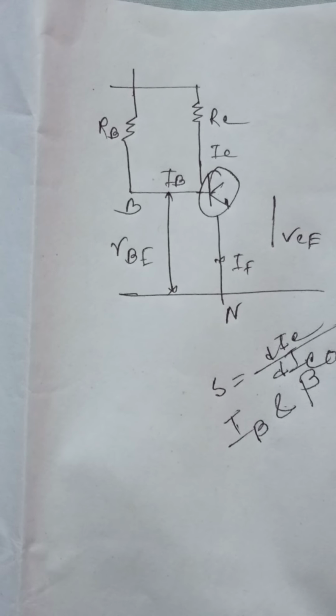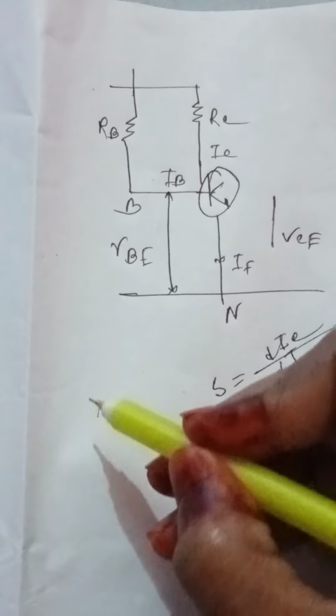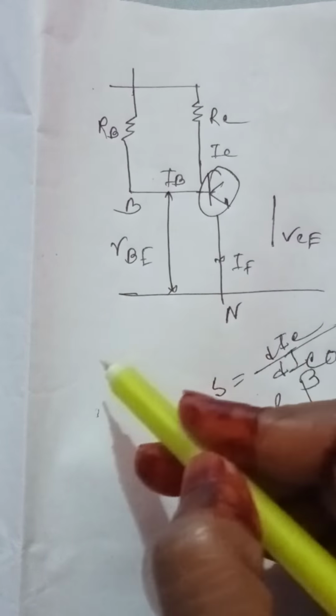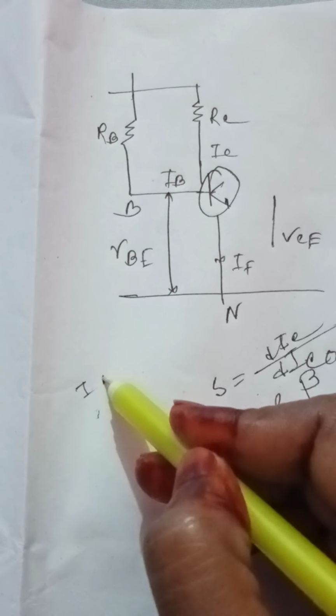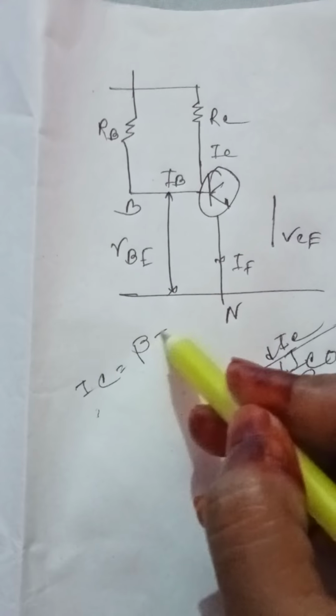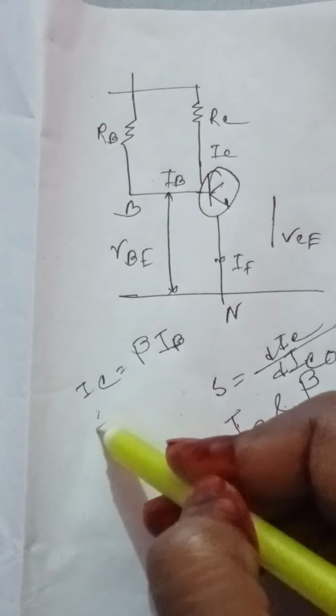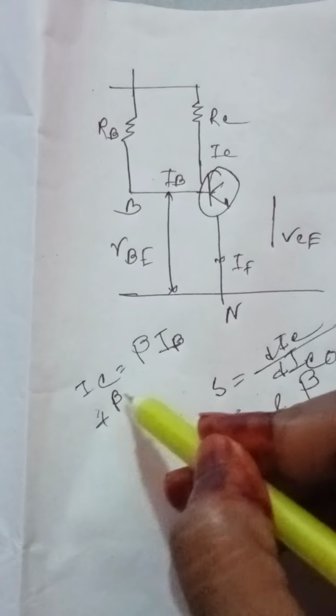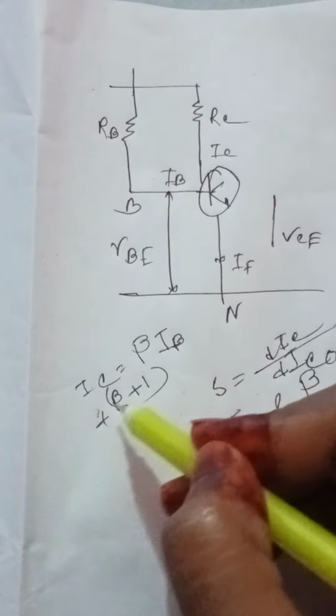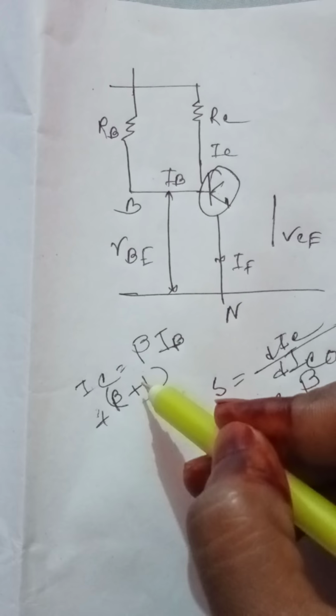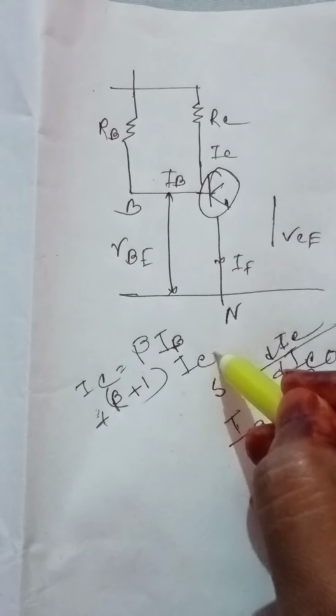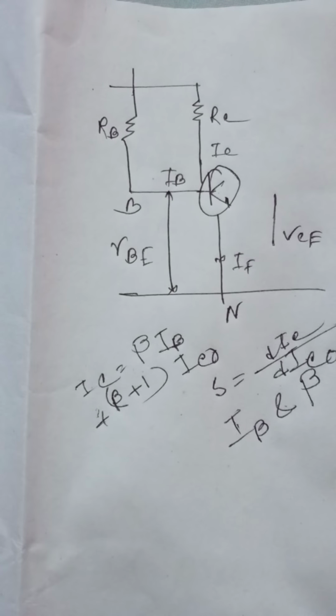The general expression of the stability factor for a common emitter configuration can be obtained from the collector current expression: IC = beta IB plus (beta plus 1) ICO. Differentiating the above expression with respect to IC, we get